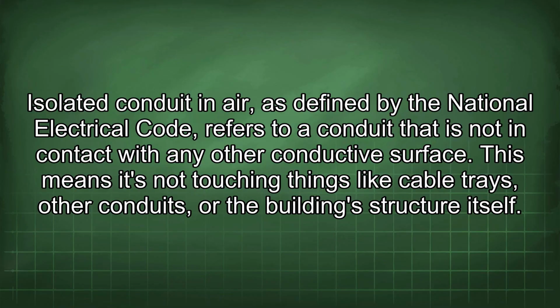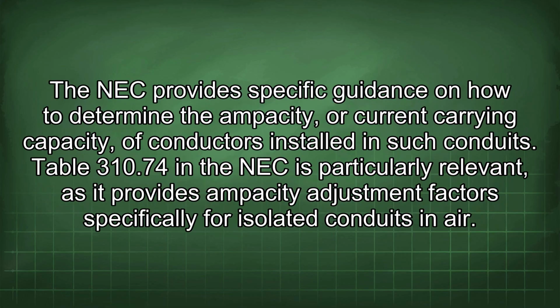Isolated conduit in air, as defined by the National Electrical Code, refers to a conduit that is not in contact with any other conductive surface. This means it's not touching things like cable trays, other conduits, or the building's structure itself. The NEC provides specific guidance on how to determine the ampacity, or current carrying capacity, of conductors installed in such